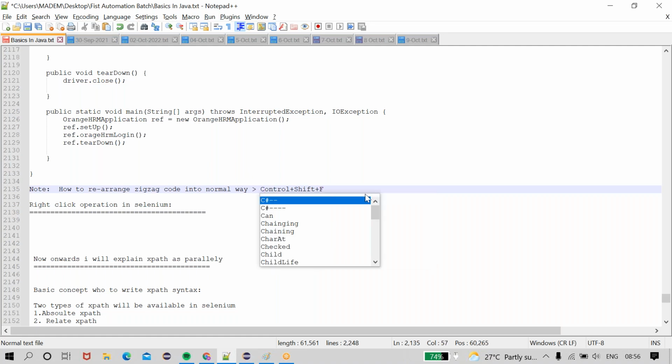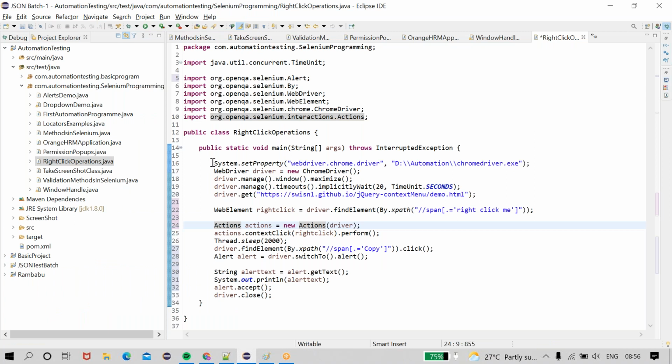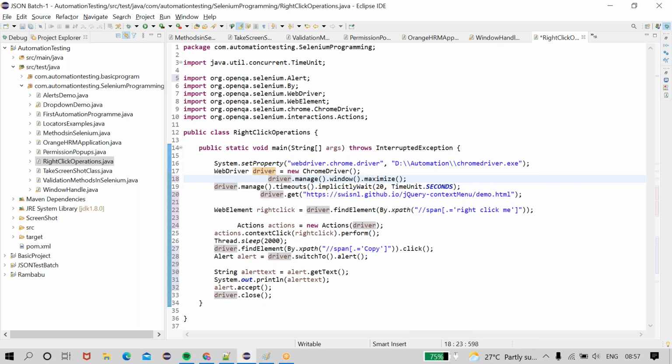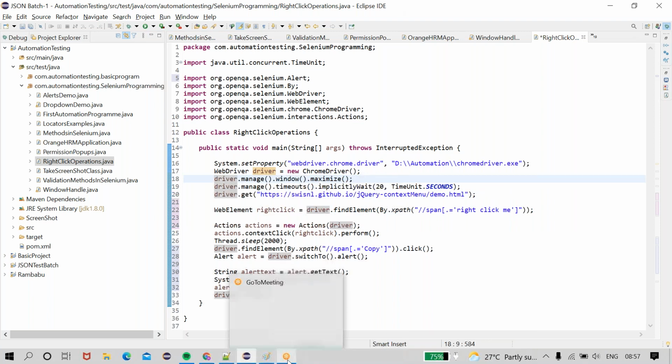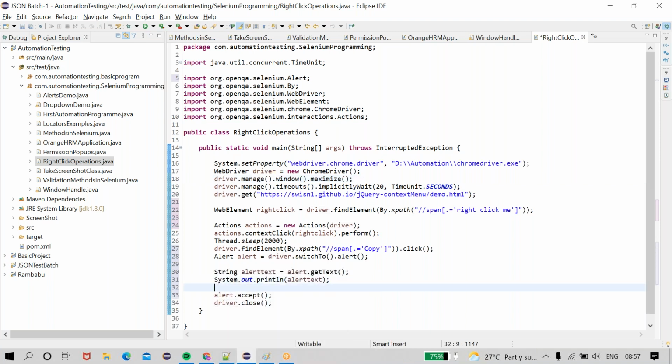Okay, guys, Control Shift F will turn zigzag code into the normal way. See, this is in the right way. Just perform Control Shift F so that it will be arranged neatly. Okay, make a note.